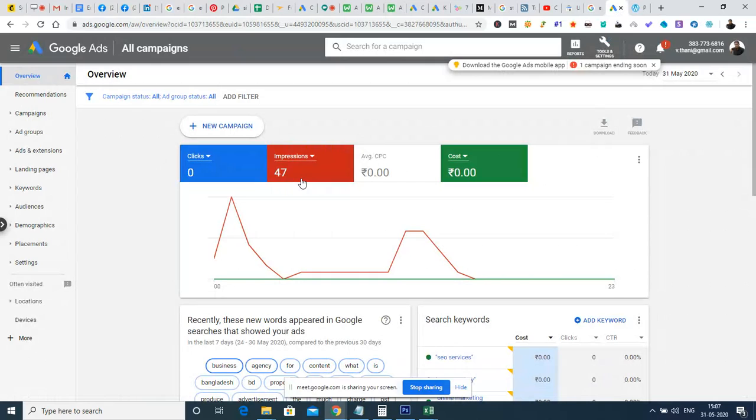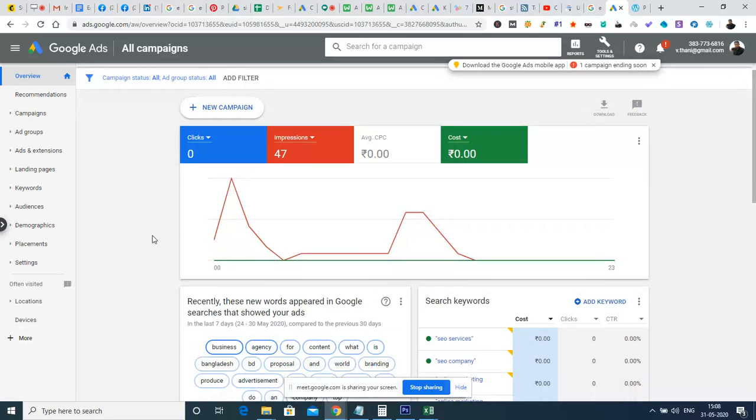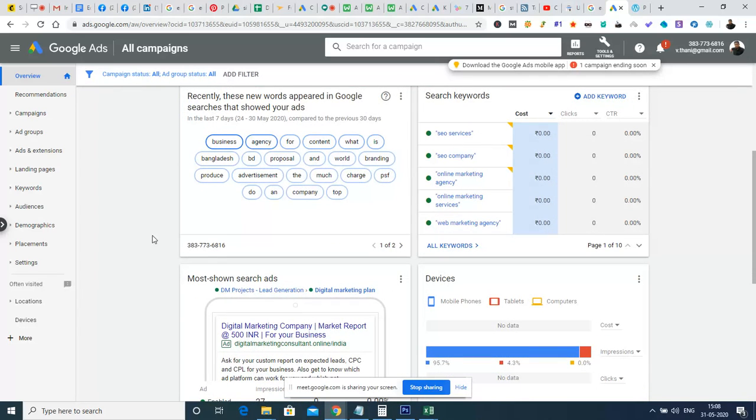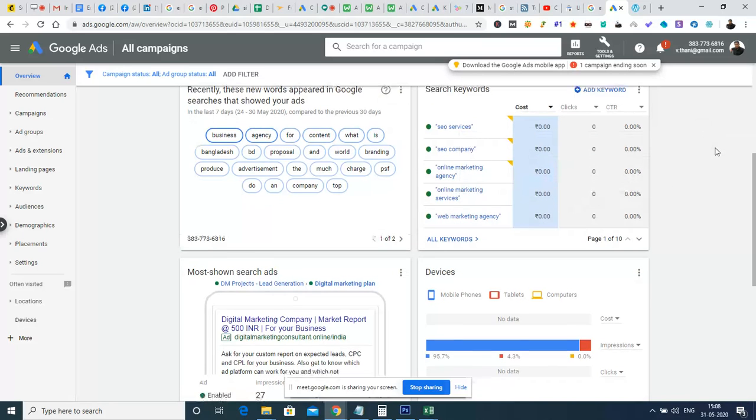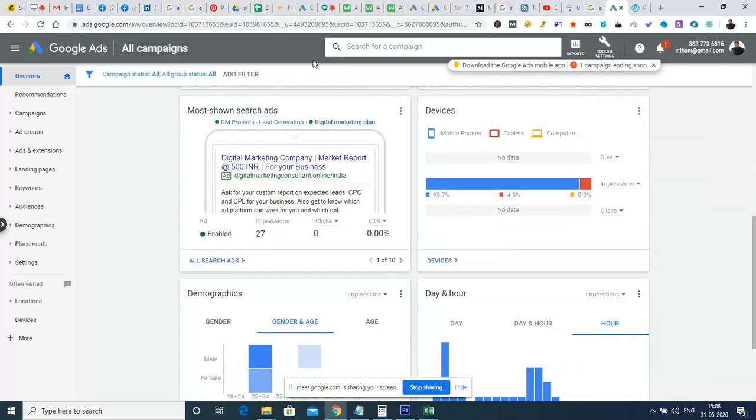Great. So this is the ads platform. This is the Google Ads Expert mode. So in this mode, what are the options that are available for us? This overview tab will give an overview of the advertisements that are running, the search terms for which Google is showing the advertisement, the search terms relevant to the keywords we configured, how many clicks we received, and the most shown advertisement for the audience. Among the advertisements, those with higher impressions will be shown here.